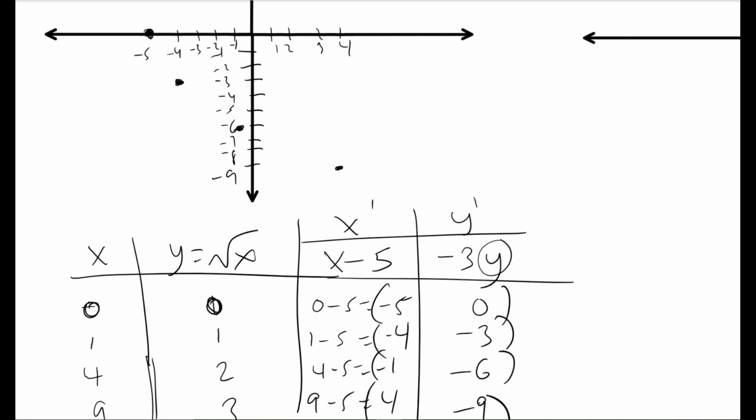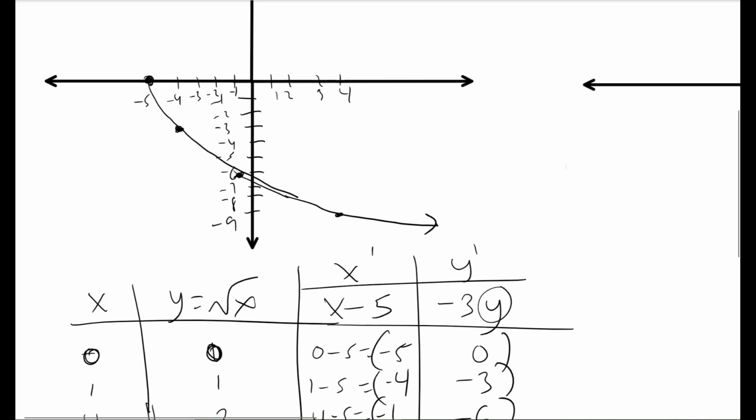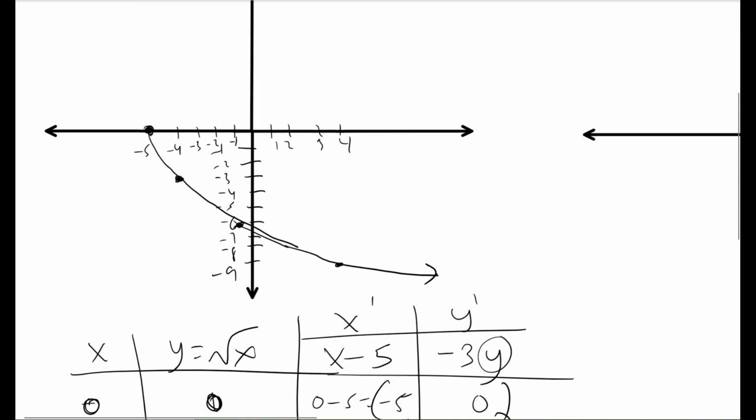All right, so in this case, our transformation looks something like this. It's actually going more like that. There you go. All right, so what happened to our graph? It looks kind of different, right? Well, the normal graph looks like this, right? So what happened, it got reflected so that it looks like this, right? And then it got shifted to the